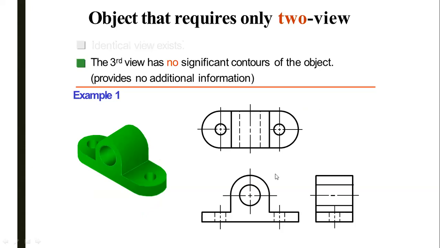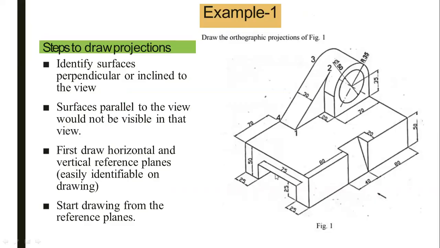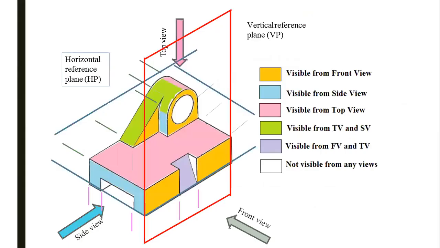In this type of object as well, there is only need of drawing two views. Now we will go for the object for three views. If we use this type of object, then we need to draw three views. Now we will consider how to draw this type of object. This is the arrow for front view, this is for side view, this is for top view. If you consider this as the front view, this will be our left hand side view and it is to be drawn on the right side.